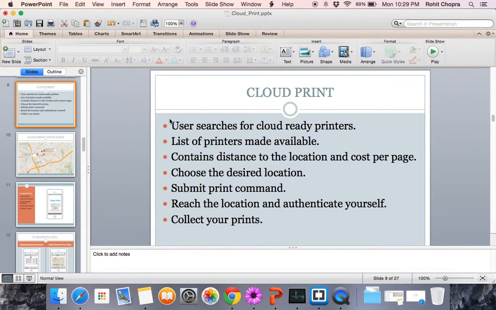Hello guys, I'm here to show you a demo of our proof of concept of our application, Google Cloud Print. What this application is supposed to do is give printouts to printers directly using the Google Cloud Print API, so that you can create a complete platform where service providers can register and provide their printers as a service, and users can log in and select any of those printers using their mobile application and give a printout to